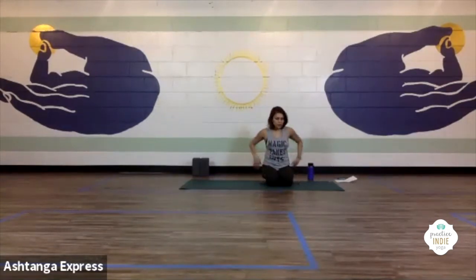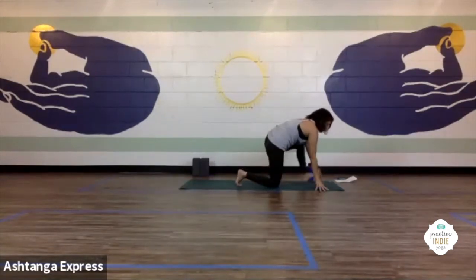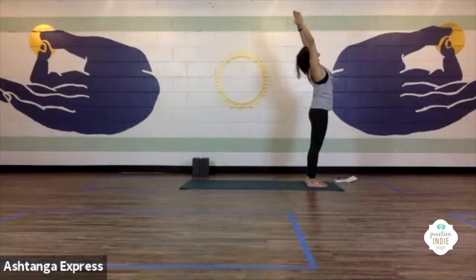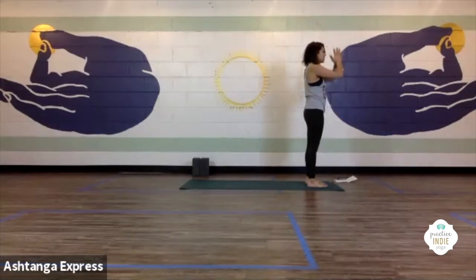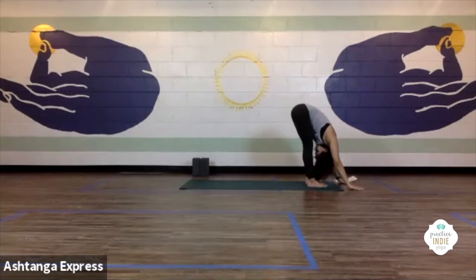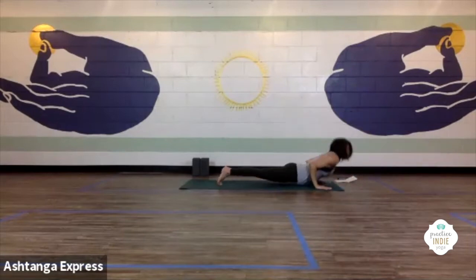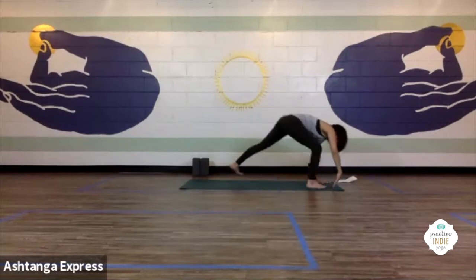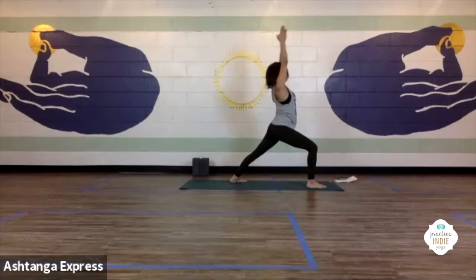Inhale, chair pose. Really let your hips drop back. And the exhale is to shoot us up to standing, and then slide our hands to heart center there at the end. Inhale, chair. Exhale, fold. Inhale, lengthen the spine. Exhale, chaturanga dandasana. Breathe in, up dog. Exhale, down dog, right foot to the top, coming up. Breathe in, warrior